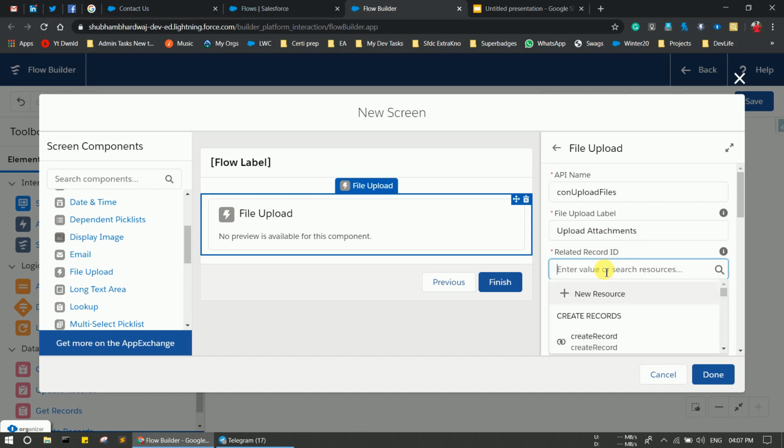Now here is the thing. Now most of you have a question like, Shubham, why don't you use that file upload option in your very first screen? So guys, the file upload screen component needs a related record ID. That means suppose a user is filling out the details. Now he has to provide or attach his files. Now the file should be connected to the contact. Okay, so understand. The reason I am using file upload here is I have to relate the file with my contact, but